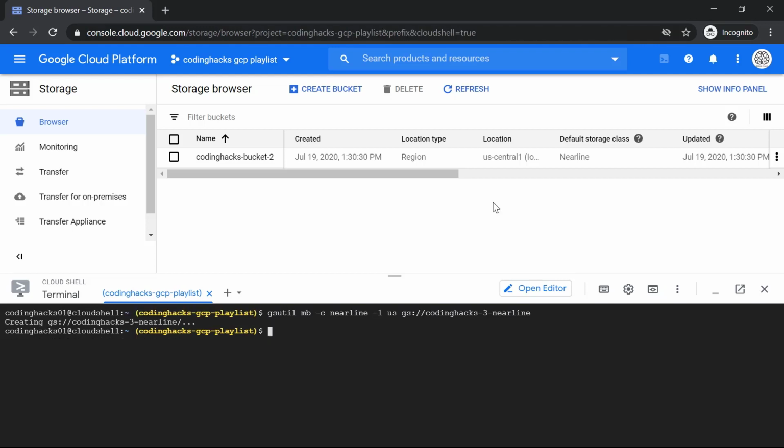To view details on the bucket, its associated permissions, and its associated metadata, you can again use the gsutil list command on the bucket.